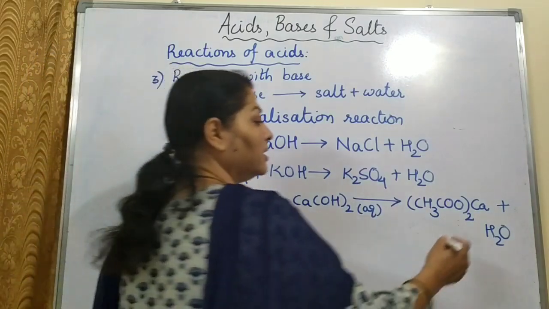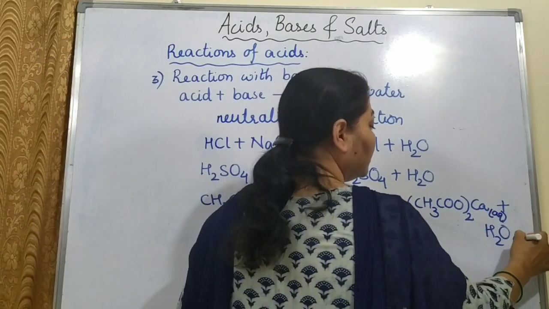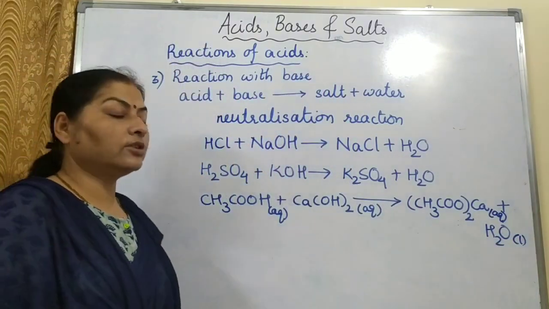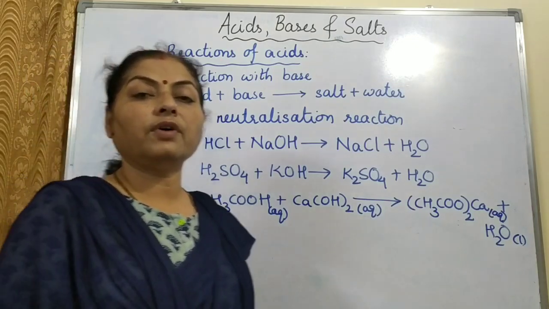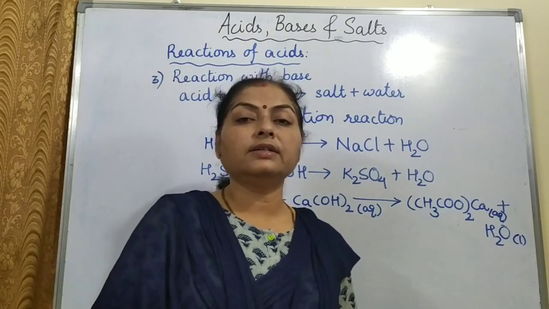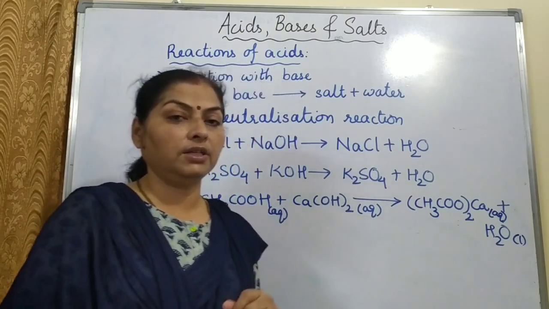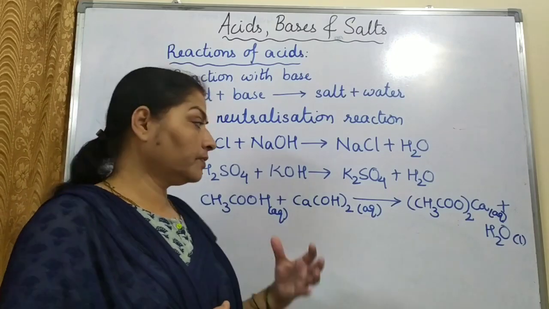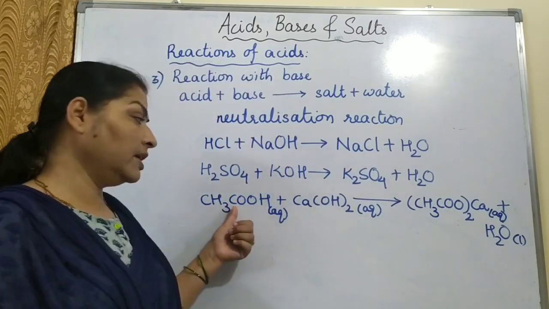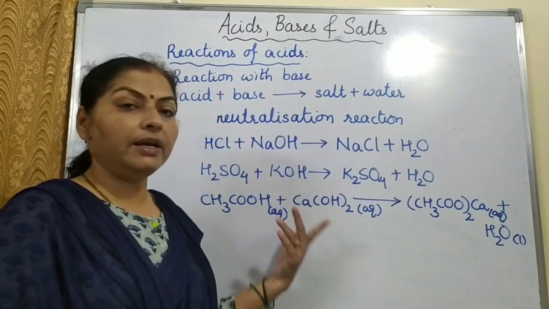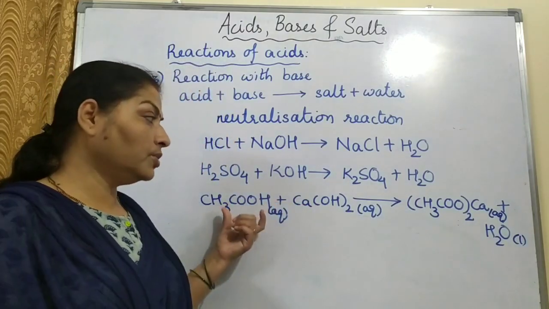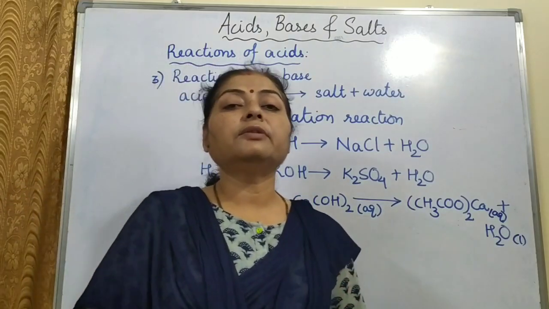Now let us understand this. This will be aqueous and this will be a liquid. Actually, in your textbook there is an activity given for the reaction between acid HCl and a base NaOH to understand the neutralization reaction with the help of phenolphthalein, and how the color changes. Now whatever acid and base is available right now with me, we can do it with that. Vinegar is always available, and calcium hydroxide, that is slaked lime, is also available. That is why I have taken this example, so that I can show you. And we can do this even with litmus paper.